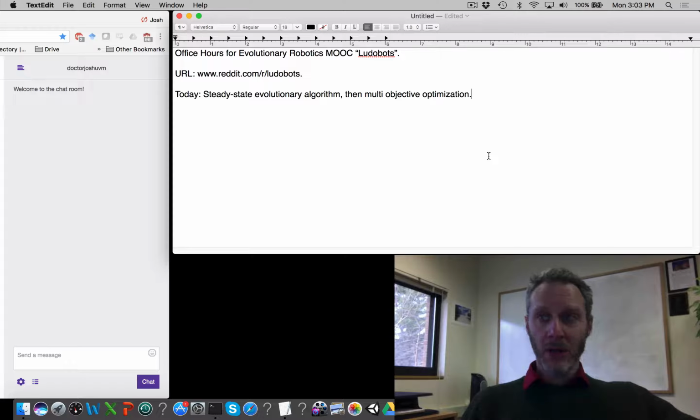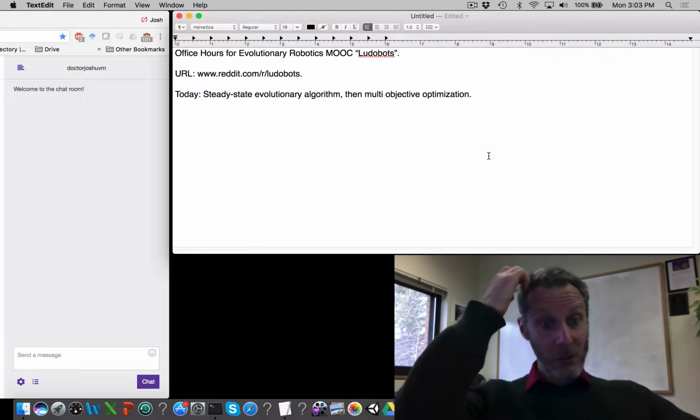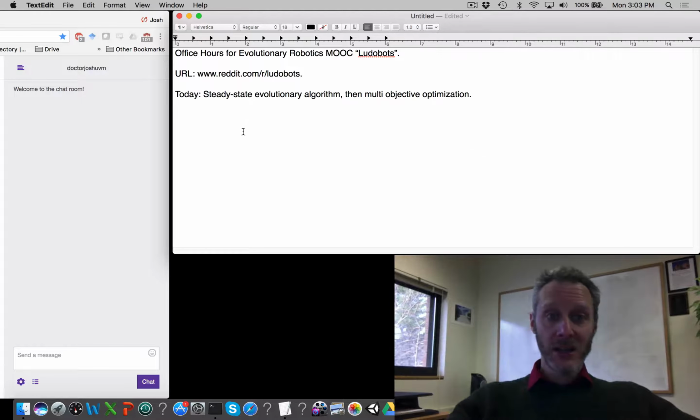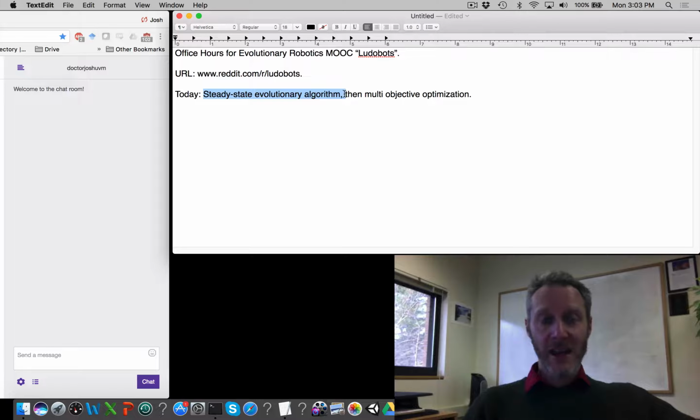Most of you are hard at work on your assignments, so you may not have any questions. In that case, I will spend what time we have today introducing a new evolutionary algorithm called a steady state evolutionary algorithm. And this steady state evolutionary algorithm will pave the way to a more powerful type of optimization method